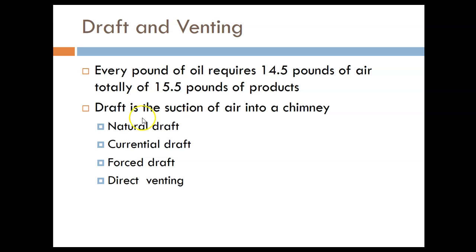Having said that, draft is the suction of the air into the chimney. There's natural draft, torrential draft, forced draft, and direct venting. Direct venting is what I just described, which has to do with